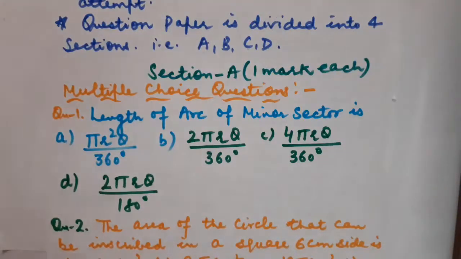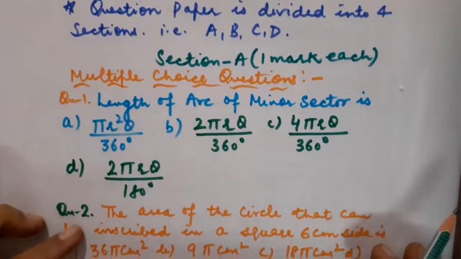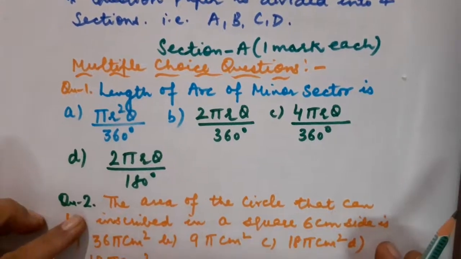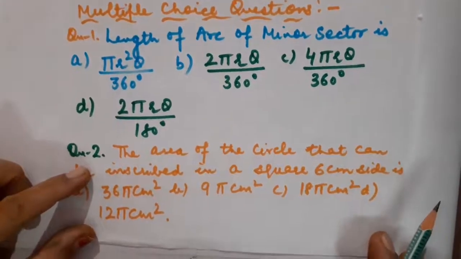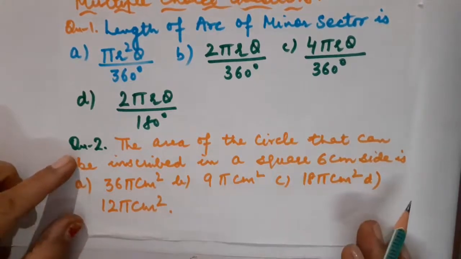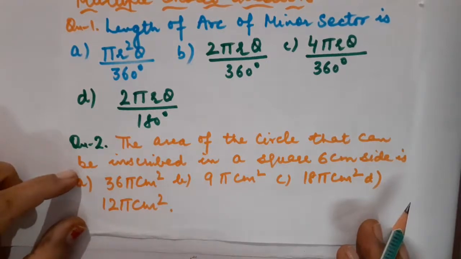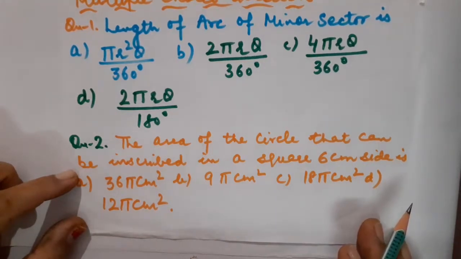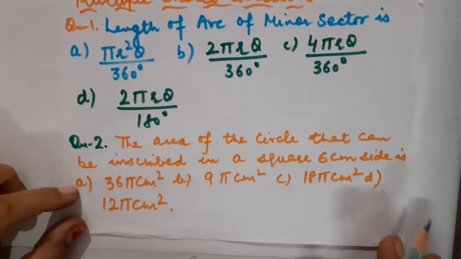Now here is section A, 1 mark each, which all are multiple choice questions. Please have a look at them very carefully. In each MCQ there are 4 options given. You can see A, B, C, D. Children, you are supposed to solve these MCQs while drawing a margin on the right hand side of your sheet, and in the main sheet you are just supposed to write down the appropriate option number with the appropriate answer.